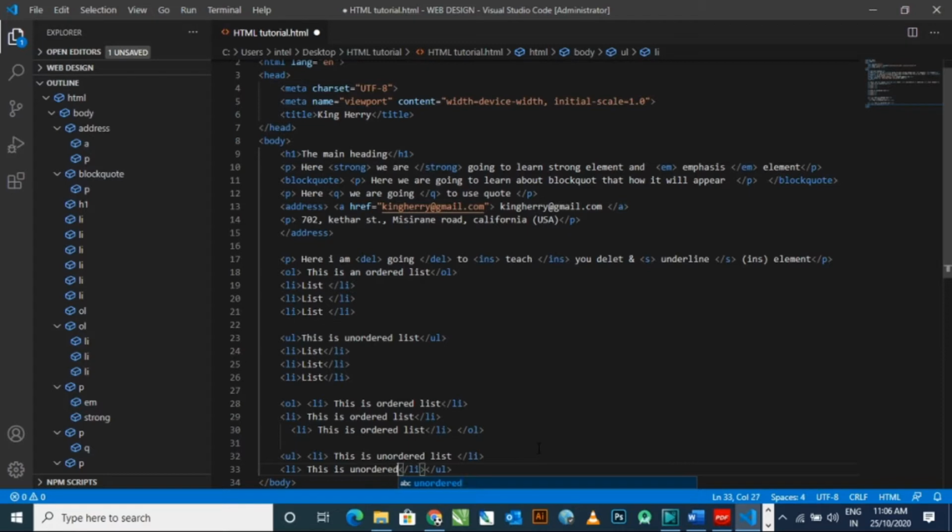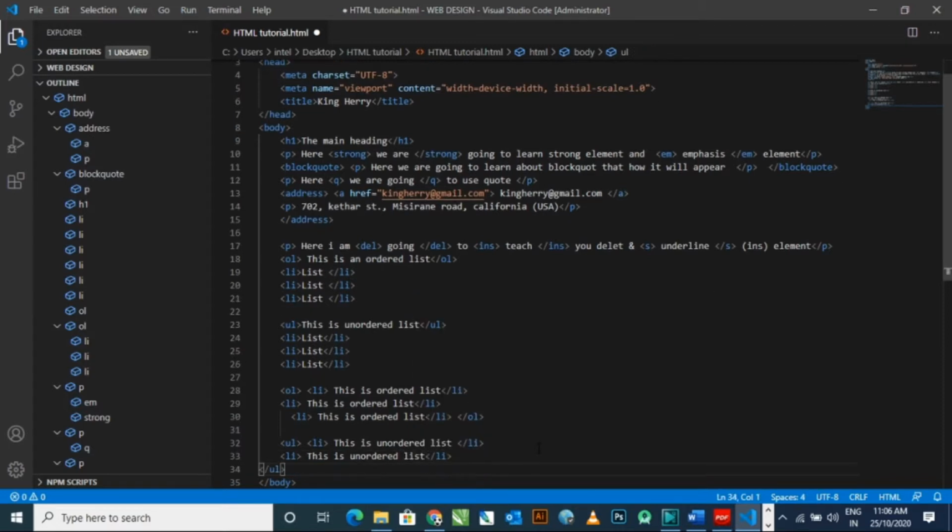This is the second unordered list, and the third one I'm typing.